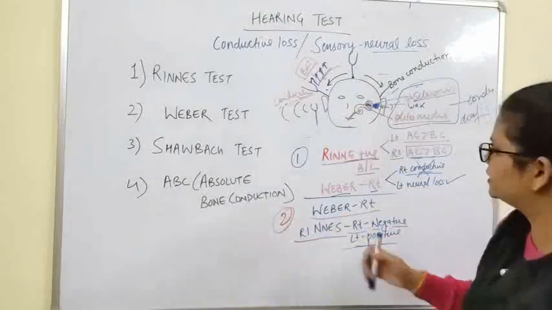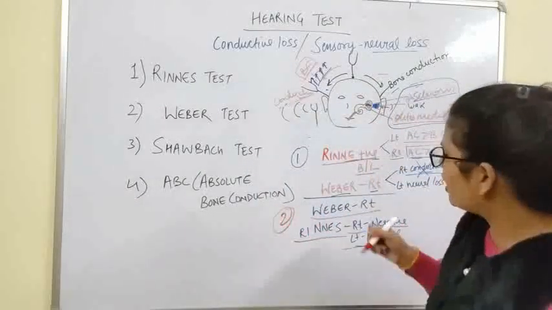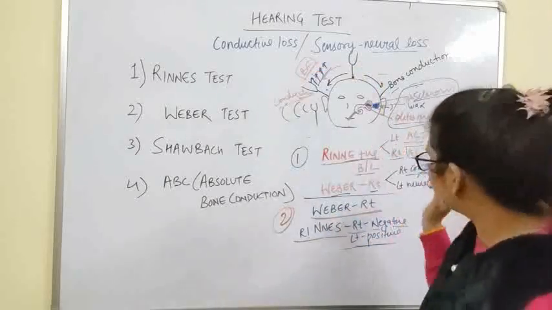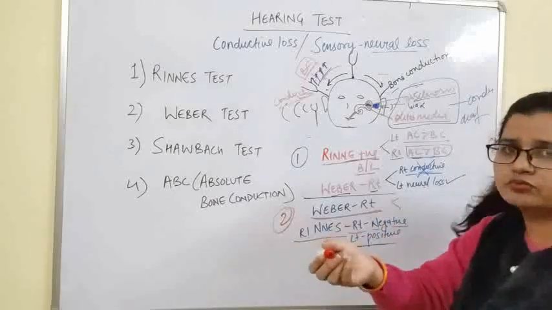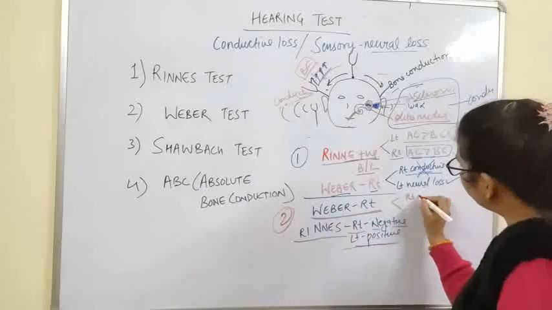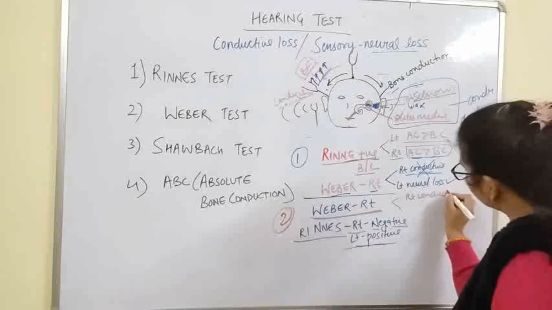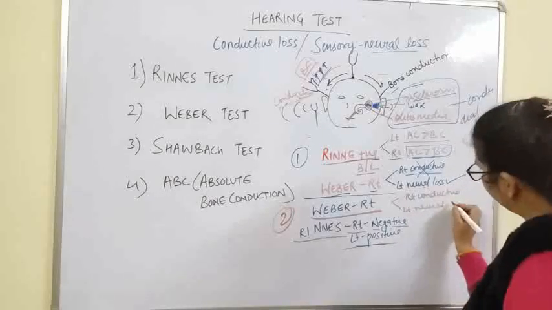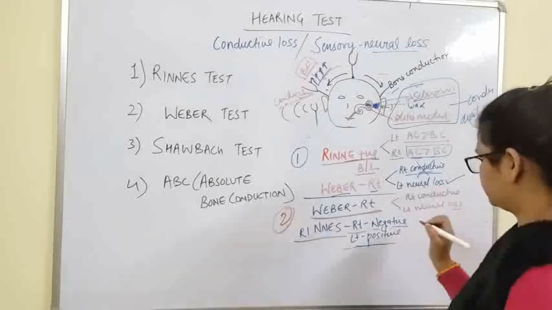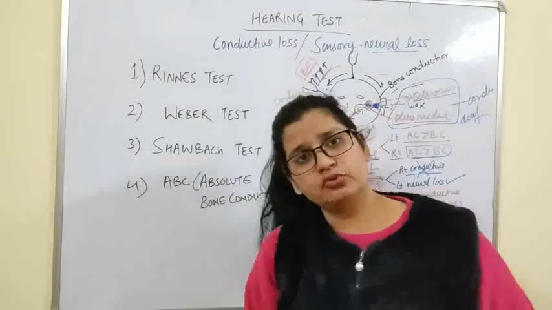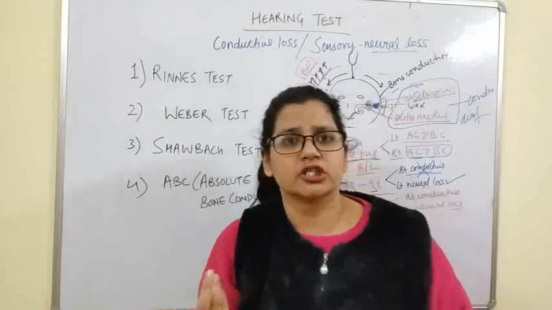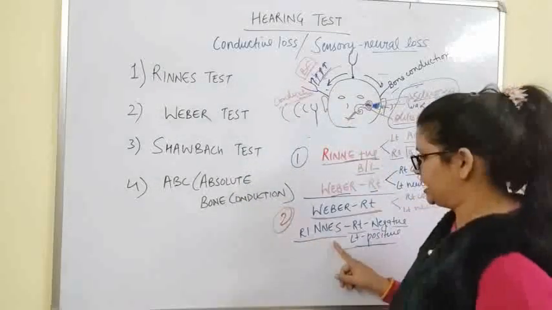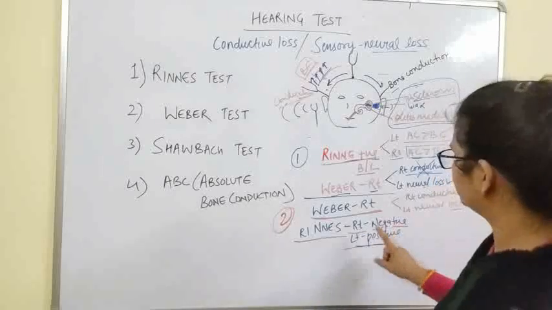Let's understand the second condition where you have the Weber test right again. So right side oriented again. Again we have two conditions here. You can assume this, right? Right side conductive deafness, or left side neural deafness. I hope this point is clear to you. Now again we have assumed two conditions and we have to find out which condition is true. By performing Rinne's, we have to assess which condition it is.